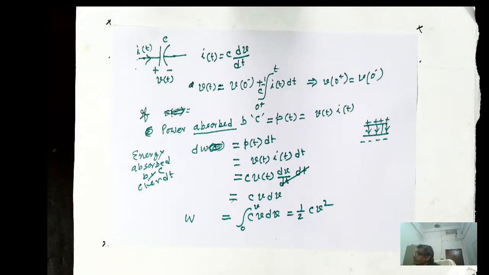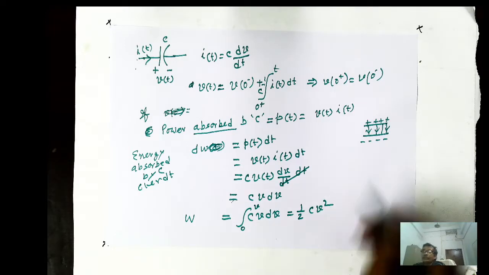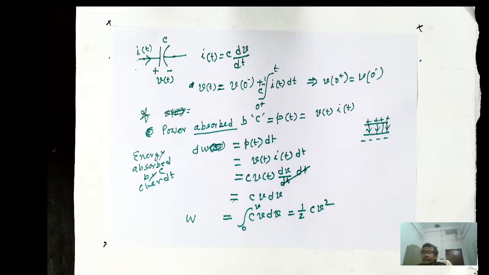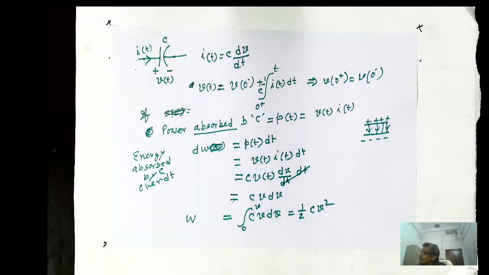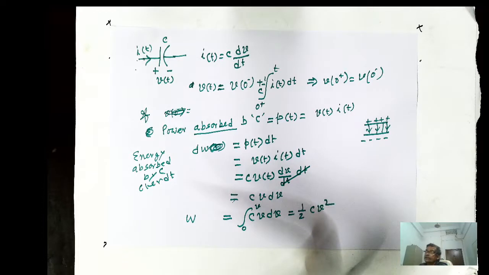If the voltage across the plate of the capacitor becomes 0, then these lines of force will also vanish. So the presence of lines of force means energy is stored in terms of electric field energy, and that is of course derived from your source. Whichever source you have connected, from that you can find out the energy stored in the plates of a capacitor. Is that clear? Therefore, a capacitor voltage cannot change instantaneously.